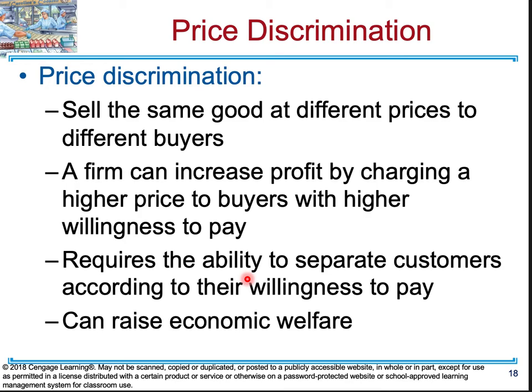So again, that's just another way they try to increase their profits. Another example would be, let's say you buy a gym membership. There are different tiers of gym memberships where you have access to just one club, or all clubs around the nation, or certain privileges within the gym itself. For example, a massage chair or a sauna. If you value having a massage chair and access to all of their facilities, then you're going to pay much more. As opposed to, let's say you just want to hit the weights, you're going to get the most basic package. So anytime you see these packages, this is a form of price discrimination.